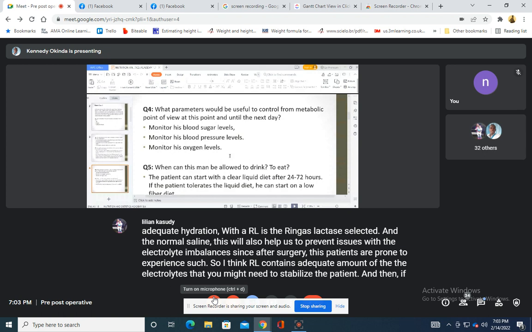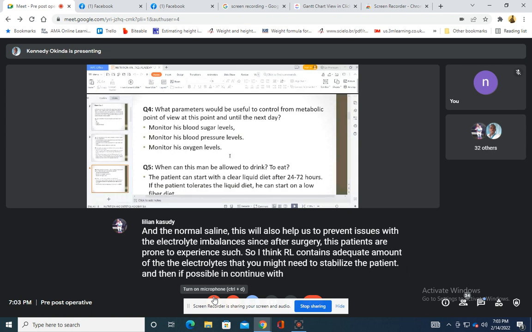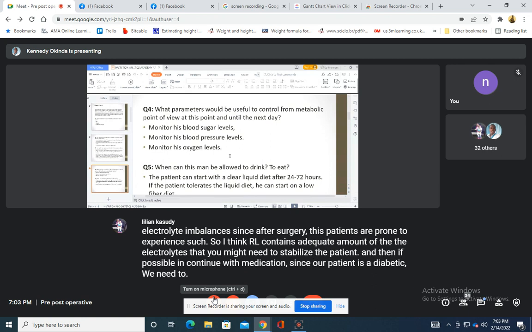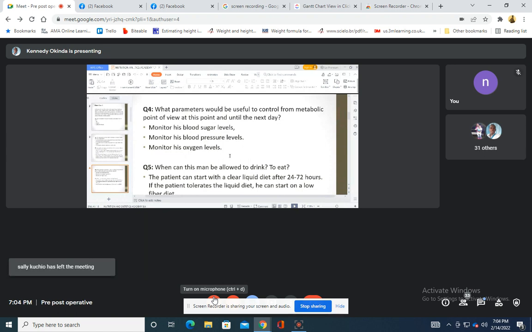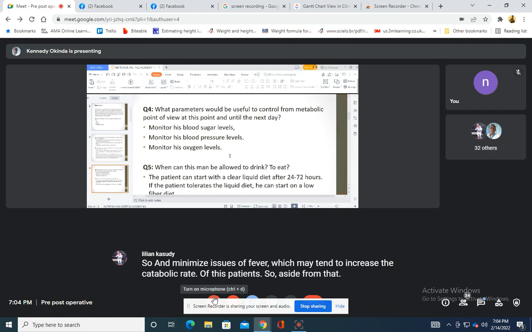And then if possible, continue with medication, since our patient is diabetic, we need to monitor the sugars and get back to medication and the hydration so that we can minimize issues of fever, which may tend to increase the catabolic rate of these patients. So aside from that,